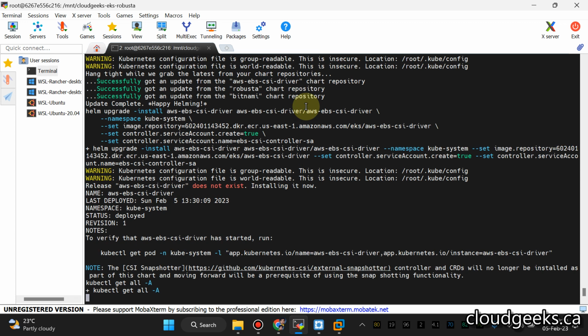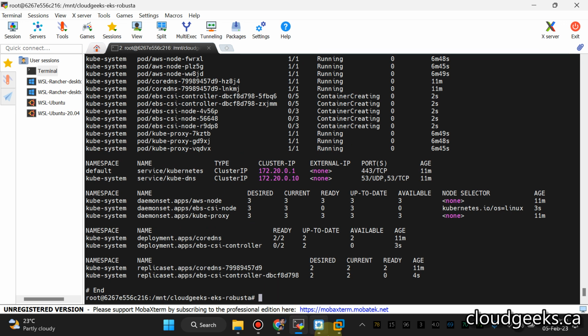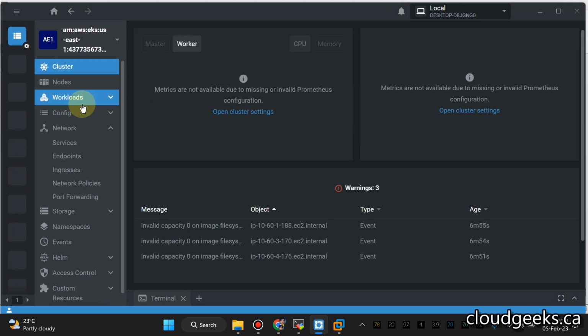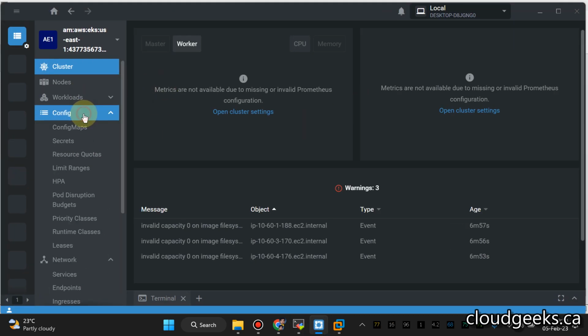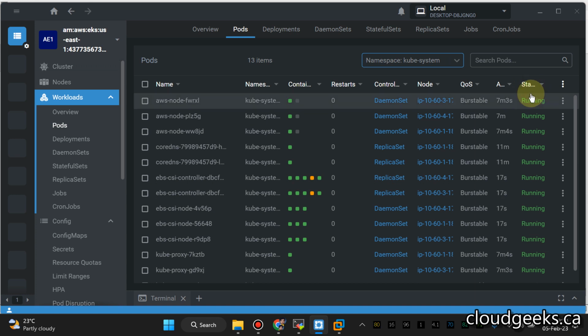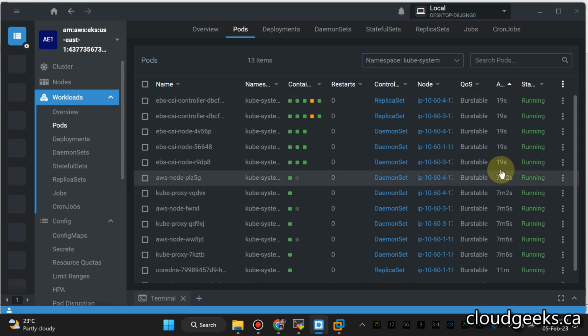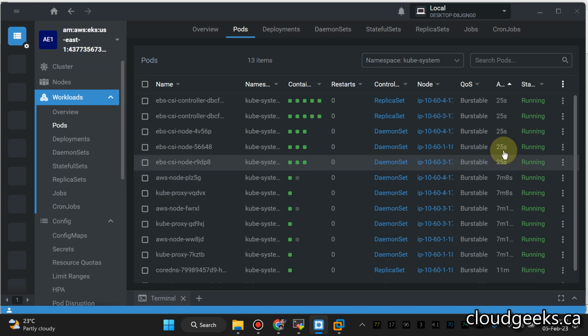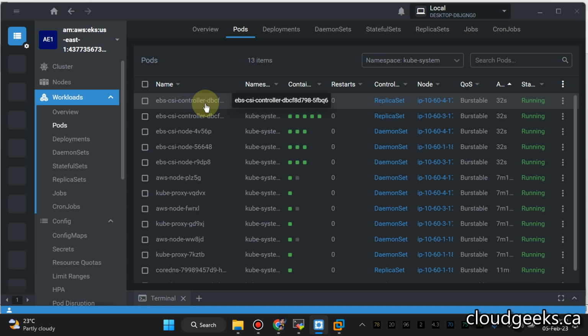So if I navigate back to the section in the namespace, click workloads, and navigate to kube-system and update the times, you see this has been done previously. All the pods were deployed 7 minutes ago, but this is the latest stuff with 24 seconds ago. This is the CSI driver, which we definitely need, because once we set up our